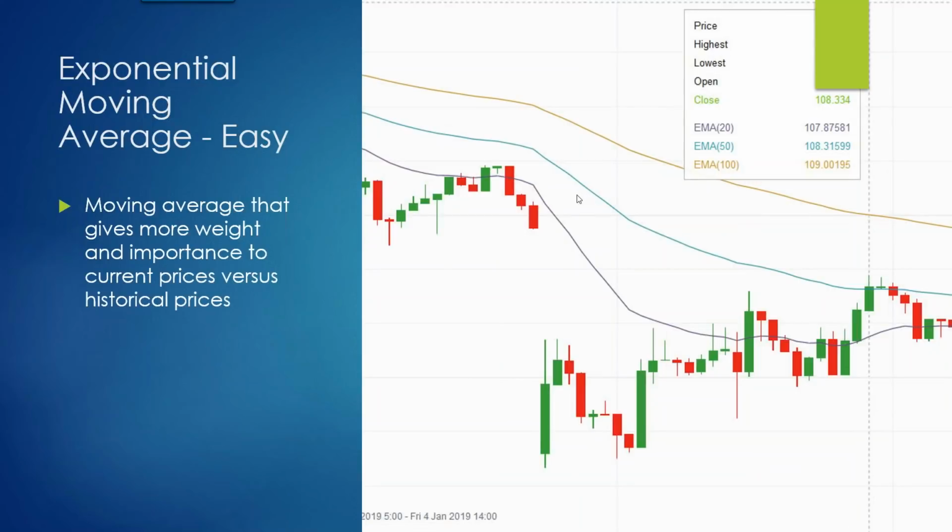And the next one is really simple. It's an exponential moving average. And it's a moving average that gives more weight and importance to current prices versus historical prices. Okay, so in this case, the prices over here on the right side of the chart, which we consider the live edge of the market, is going to be giving more weight than the ones over here on the left side, which is considered the historical prices. Okay,